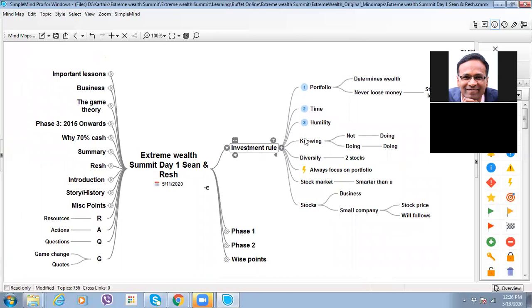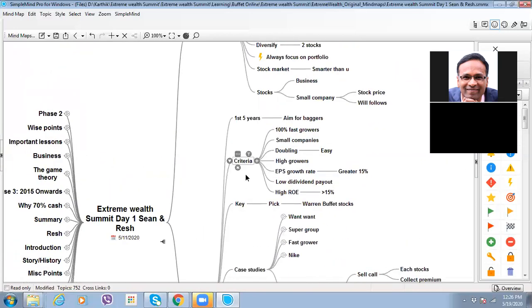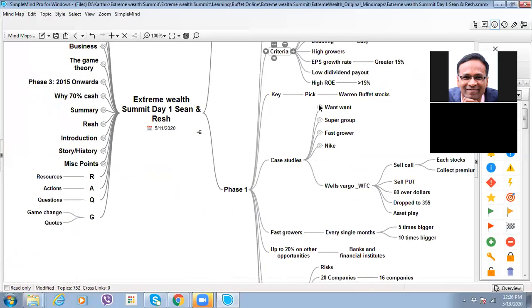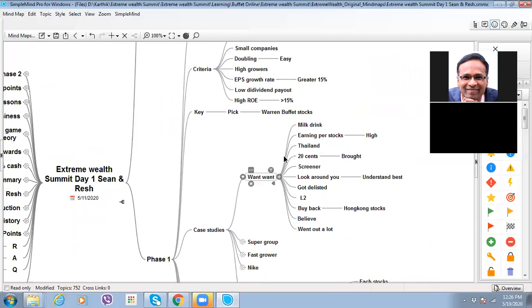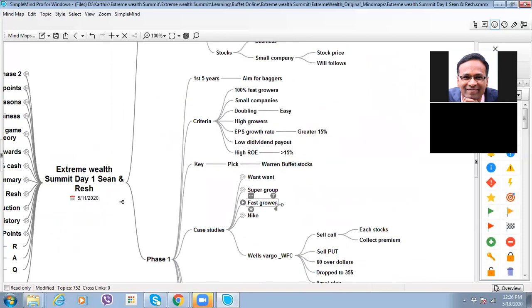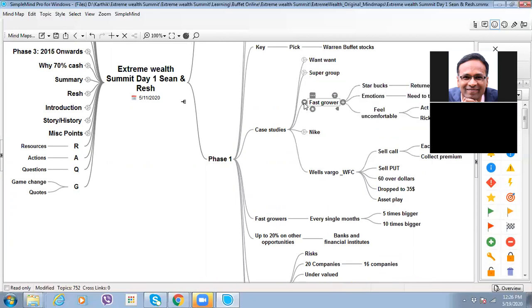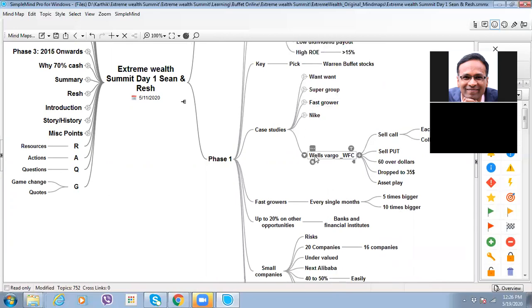You don't need this. You can look at this phase one. See, these are all formulas, right? It's not stock specific, but these are all formulas. And these are all stock specific details. Super growth is stock and fast growth is stock and all, right? So when you have these things, you can't actually go with this. Are you getting it? Yes. The ones which are not required, you can just go and delete.